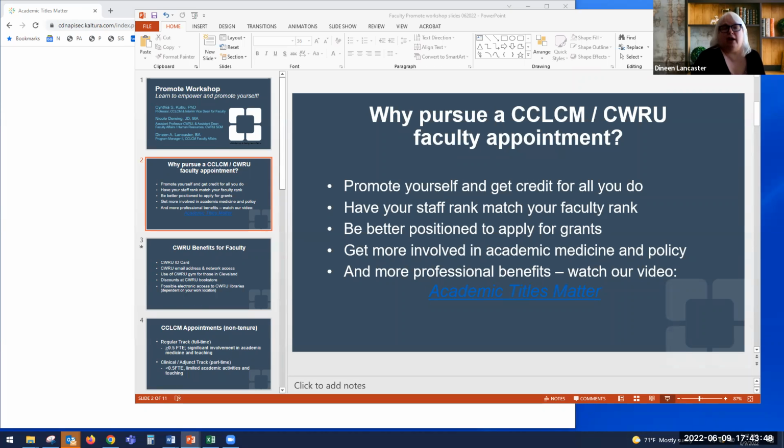For the clinical track, you can see that you don't need as much. So the applications are much easier. You need your CV in any format, but it should be neat and concise. A lot of CVs end up having items missing on them, and we have to go back and ask you to fill them in. You'll need a chair's nomination letter, and the only referee names you'll need to put in your online application are for colleagues. So you can see it's a little easier. It gets done a lot quicker.